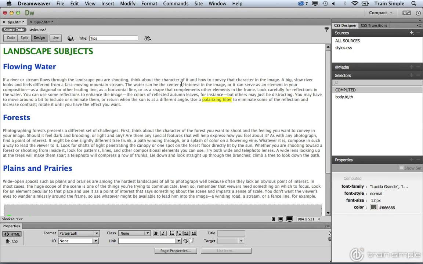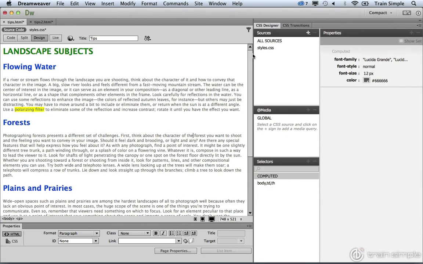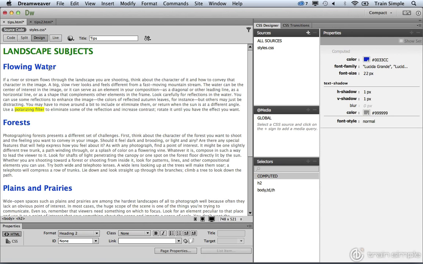You can, of course, use the Properties Inspector to modify and create CSS. It would be my recommendation, however, not to do this until you're fully comfortable with CSS. I'm going to go ahead and expand the CSS Designer so we can see more of the content inside of this panel. If you come over and select something, like place a blinking cursor inside of flowing water, you'll notice